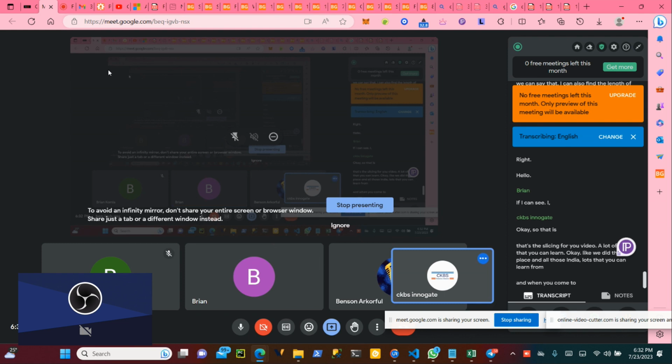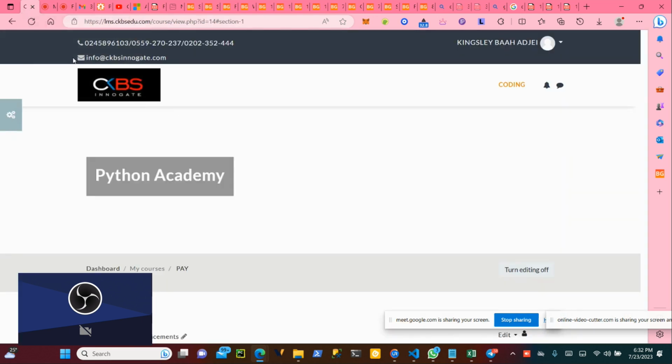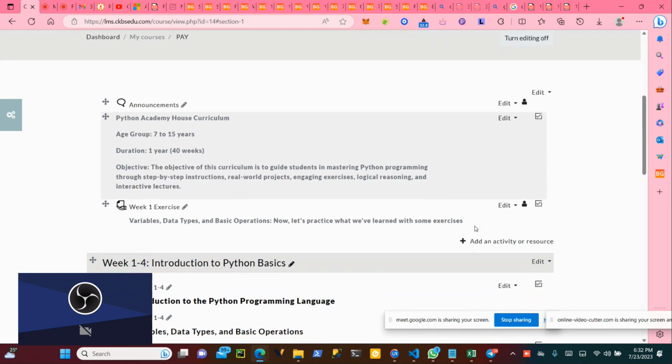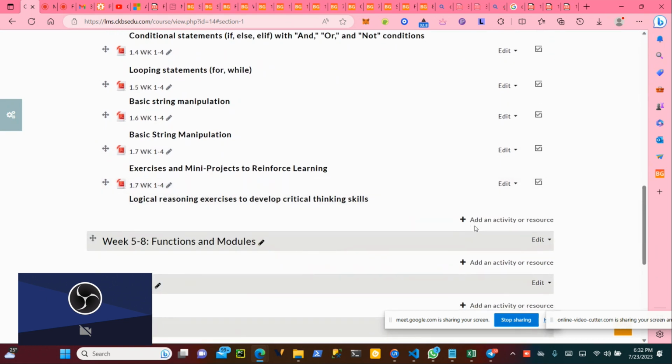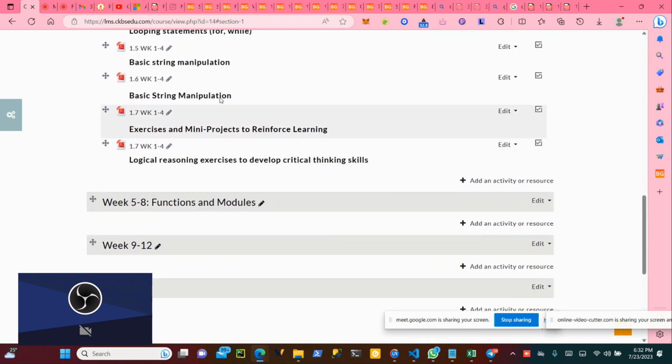I want to see how fast you are and how you are absorbing whatever we are doing here. Now I've changed this file so you can download it. This one, 1.6. The file there was wrong, so I've changed that. Once you go to 1.6,